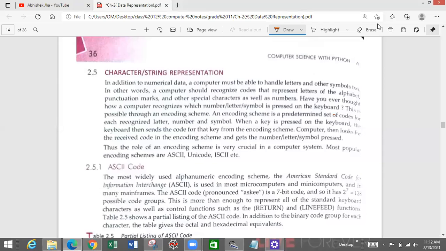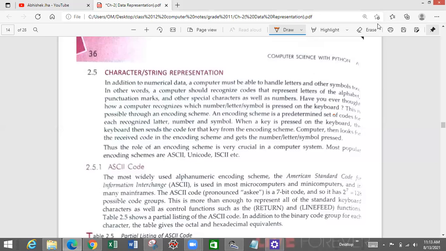Now, after learning the binary addition, students, we are going to learn about character and string representation. We have seen that whenever we are working with a computer, we are seeing things in normal English or whatever language you want to utilize. But how computer handles numbers, they are very easy. They can get transformed in binary language and then we can utilize. But what about different symbols? What about different letters which are there in different type of languages?